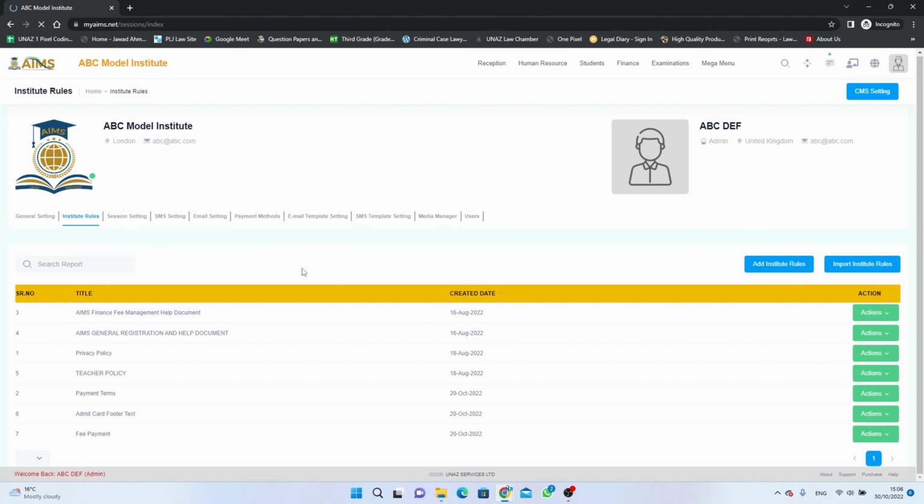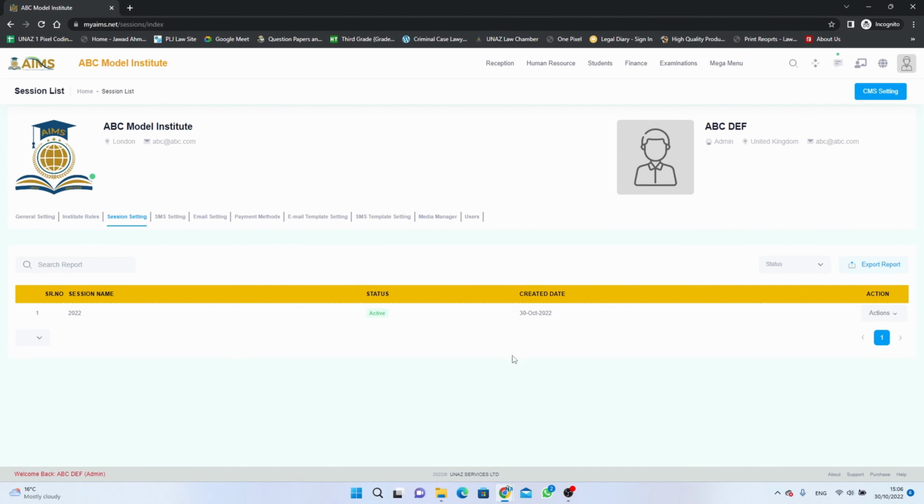Session settings. By default we have, at this time, the 2022 current session, but when you add more sessions you can set them from here. This is SMS setting,